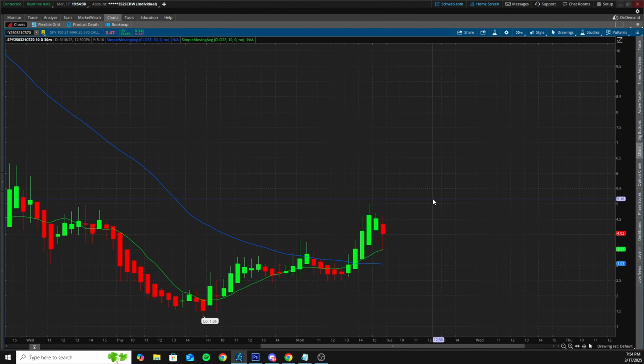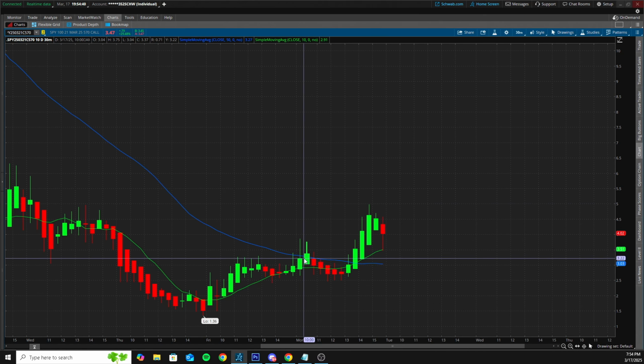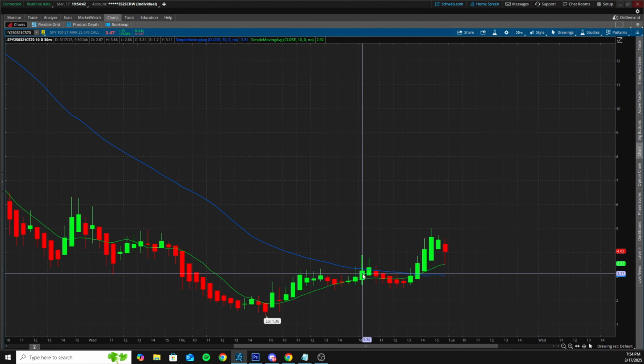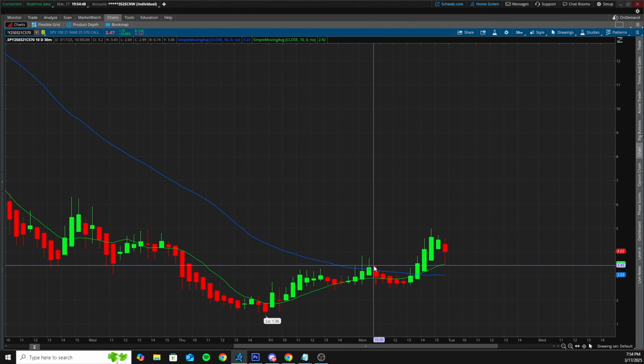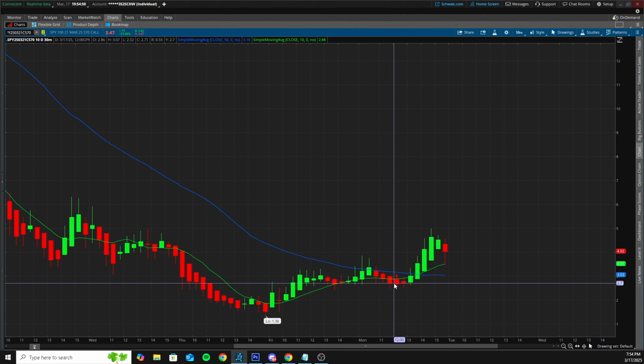So what happened today was we ended up opening right around 9:30 here at this 50. We had some trouble here at that 50 SMA. We ended up breaking above it, getting back below it, rejecting, and then finally breaking above it and getting a cross going a little bit. So here's how you would have played it.